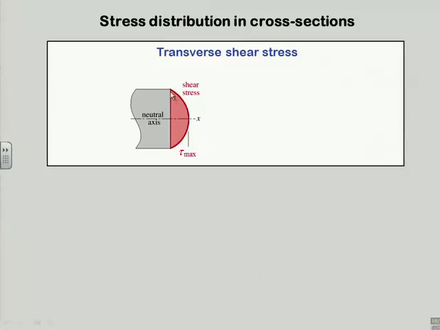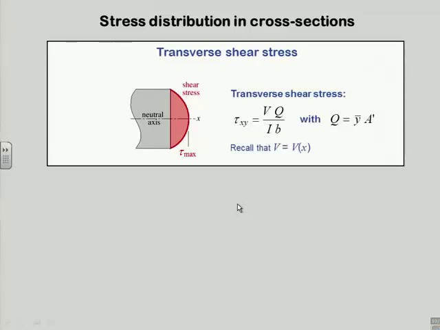So you generally represent it looking sort of like a parabola. Now the actual shape of that curve will vary depending on the cross-section of the beam. But in most cases we're interested in the largest value, which is going to occur on the neutral axis. So the shape is of less interest in a detailed sense. General formula: